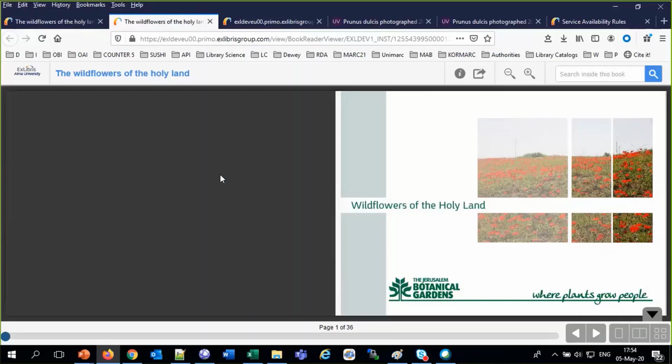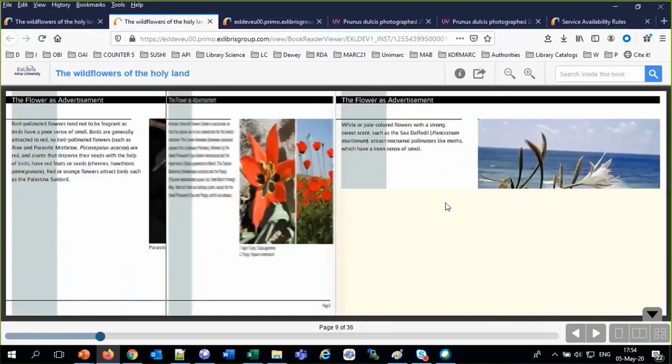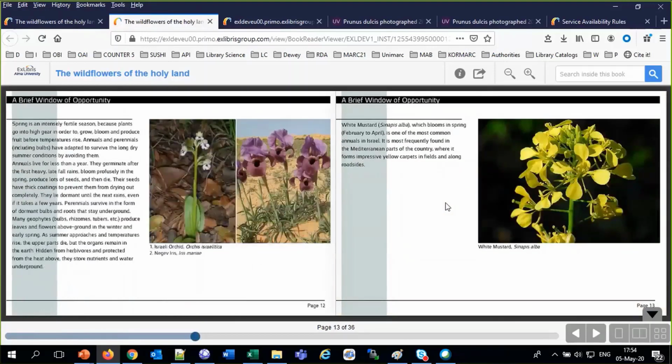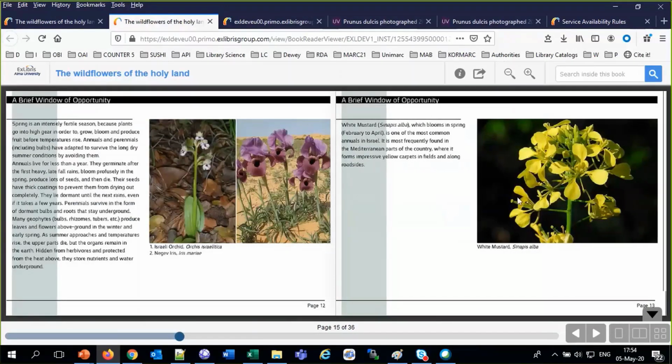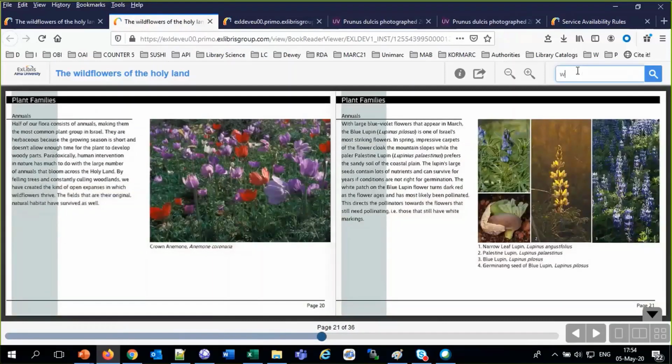Okay, here we go. Now, very nice. Look, I can click here, and it's as if it turns the pages. And I can also do a free text search on the text of these pictures. For example, here it says white mustard, Sinapis alba, which blooms in the spring, is one of the most common annuals. If I go to a completely different page and I type here white mustard,